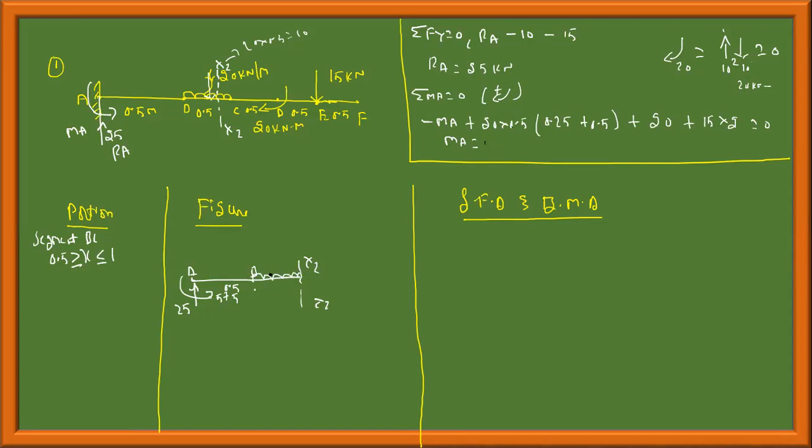UDL like this, which is equal to 20 kilonewton per meter. Now this is at a distance from one end. We are considering the shear force and bending moment from one end, taking the algebraic sum of forces and moment. I will indicate this distance by x. If this is x, and this is 0.5, can I write this as